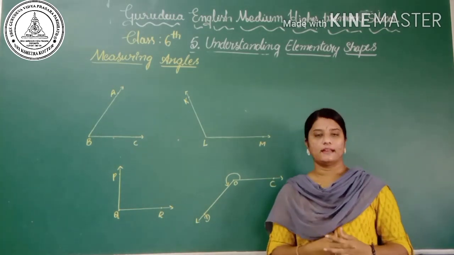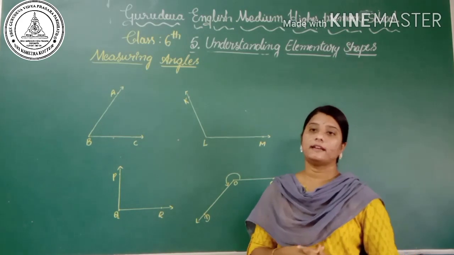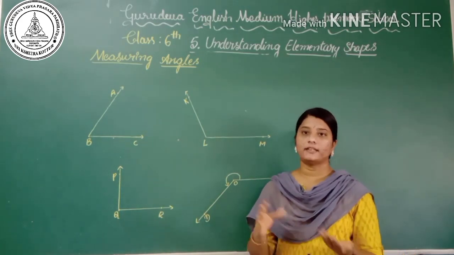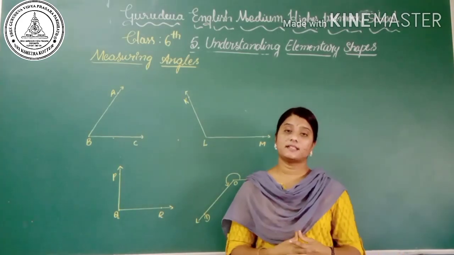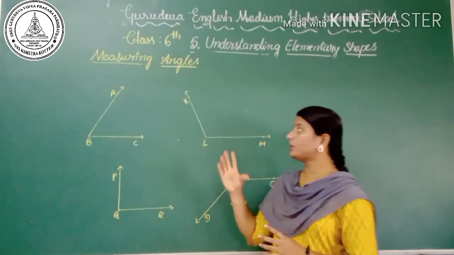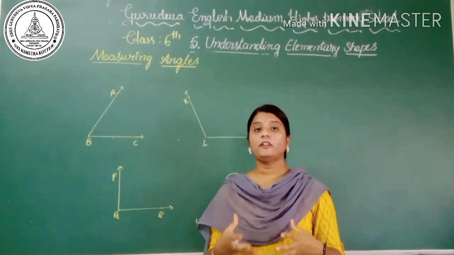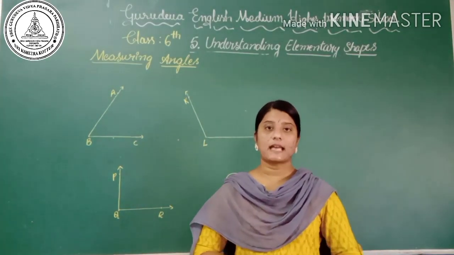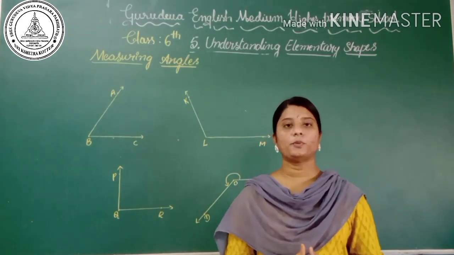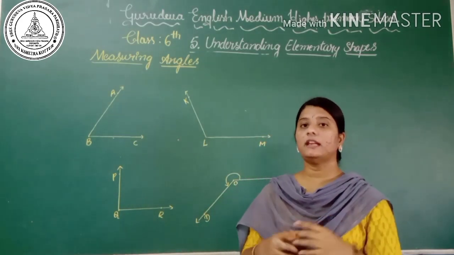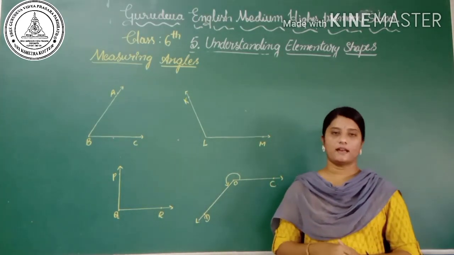Measuring the angle. In the previous class also we have measured the angle, whether it is a right angle, an acute angle or an obtuse angle, right? But this doesn't give a precise comparison of two acute angles or two obtuse angles. It cannot tell which obtuse angle is greater or smaller. So in order to be more precise in comparison, we need a measurement.